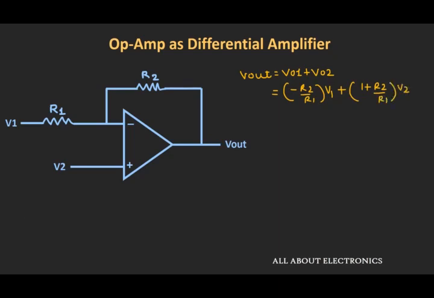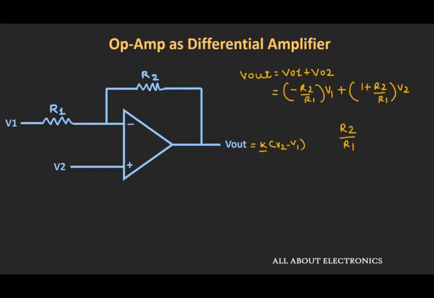Now if you observe here, the gain that is applied to both the inputs is different. Suppose you want this output voltage V out as K times the difference between the two voltages, let's say V2 minus V1. Then we need to ensure that the gain applied to both the inputs is equal. Suppose the gain applied to both the inputs is equal to R2 divided by R1. Then in a true sense we can use this configuration as a differential amplifier, where the output will be the difference between the two input voltages multiplied by the same gain factor K.